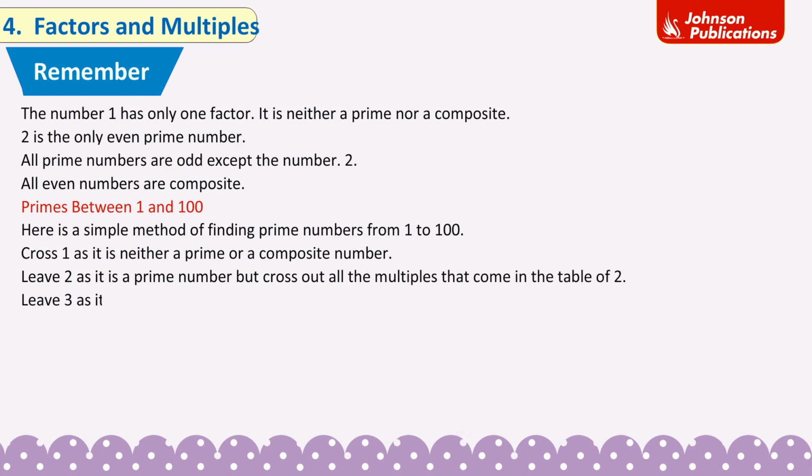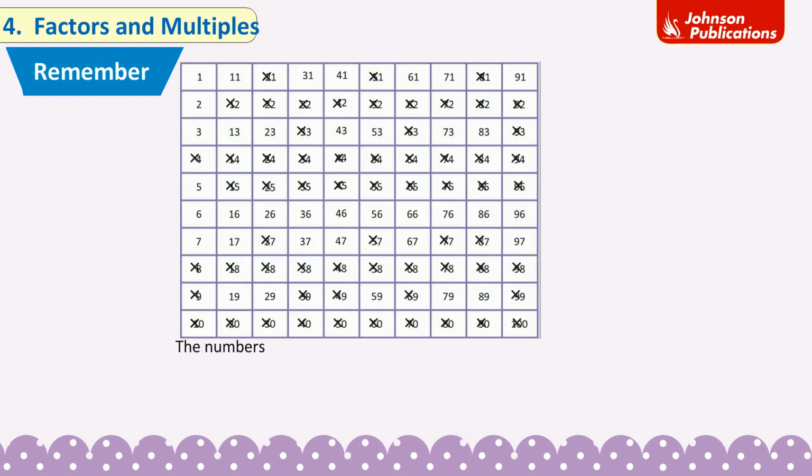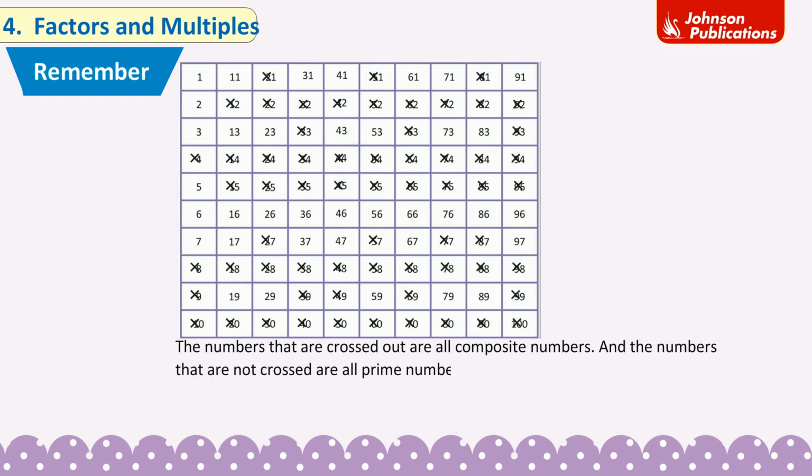2. Leave 3 as it is prime but cross out all its multiples. Leave 5 but cross all its multiples. Leave 7 but cross out all its multiples. The numbers that are crossed out are all composite numbers, and the numbers that are not crossed are all prime